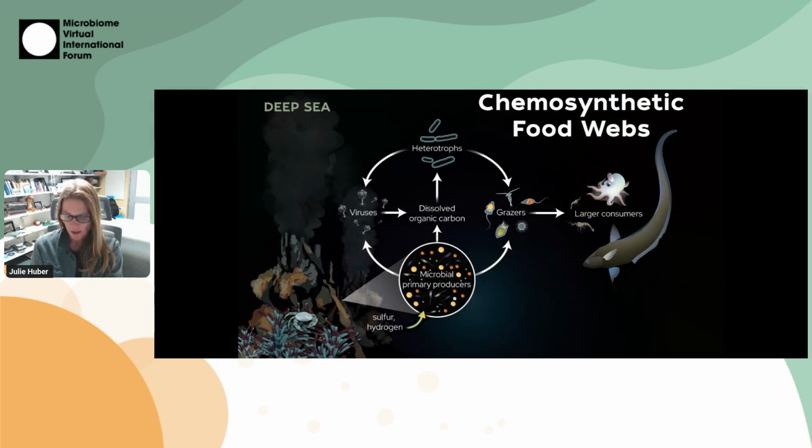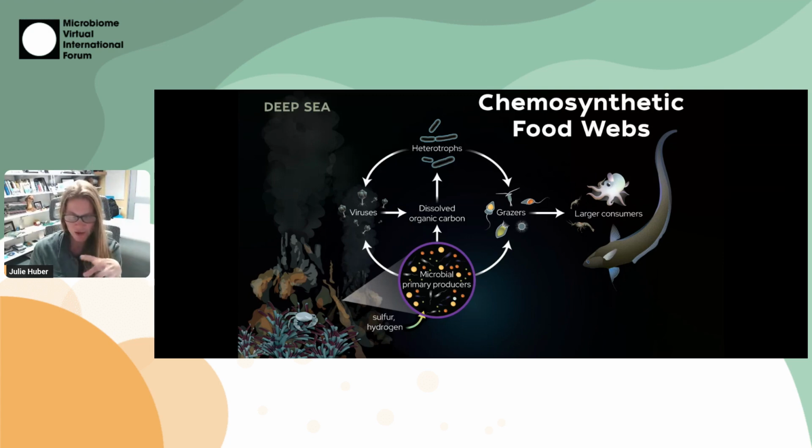We've learned a lot about how microbes operate in these vent ecosystems, and much of my career has been spent in this bucket at the bottom of these microbial primary producers, or microbial autotrophs, who are again fixing inorganic carbon and gaining energy from the chemicals in these venting fluids, and they really form the base of the food chain. And if you look at my Google Scholar page, a lot of my work is on developing tools and methods like RNA stable isotope probing and other things to try to really figure out what these microbes are doing, how they're doing it, and how much of it.